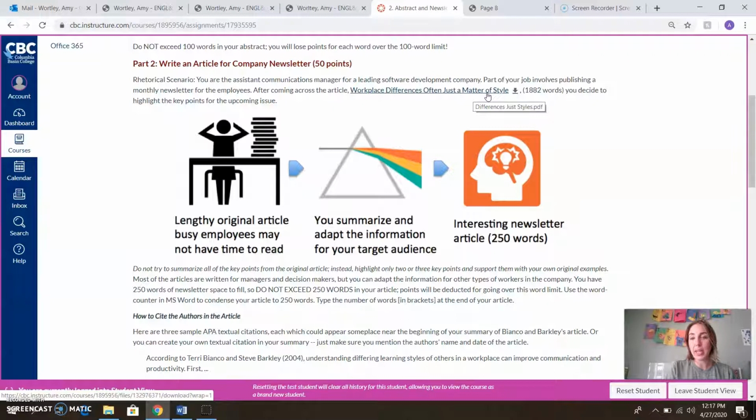And in the modules tab, we have a lecture talking about newsletter articles. So do make sure to check that out as well. This is once again a shorter piece of writing. And so 250 words in this newsletter article. You're going to be taking a multi-page document, boiling it down. It is actually 1,800 words. You're going to be boiling it down into 250 words, talking about some of the main ideas and applying them